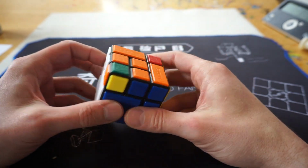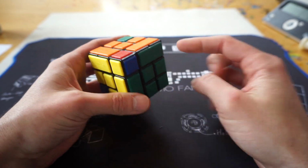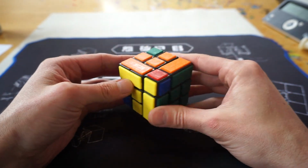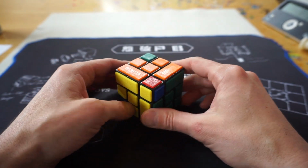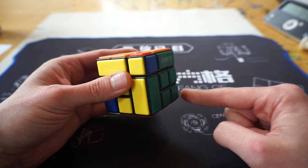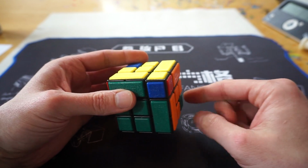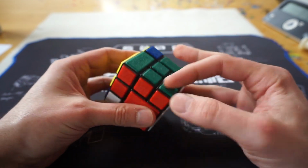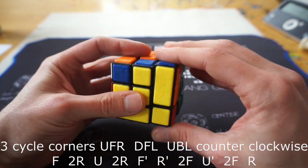So what we need to do now is, here we go. This piece we're gonna keep right here. And we're gonna do an algorithm that's gonna cycle these corners and hopefully solve them. And this 3 cycle goes like this, and it's keeping this corner the same. So depending on which corner you have solved, hold it in the lower right back, like that. And since we have this corner solved, we're gonna hold it like this and do the 3 cycle, and that's